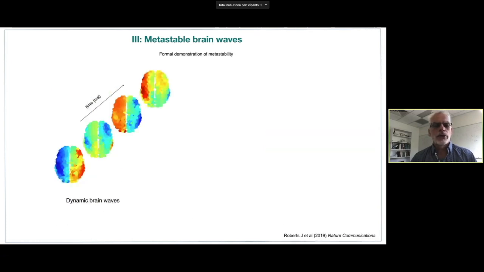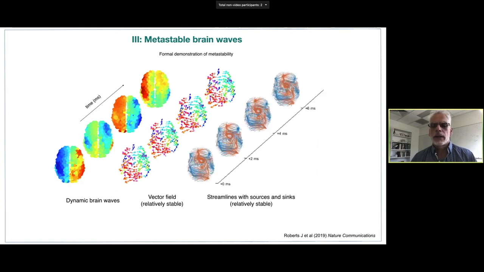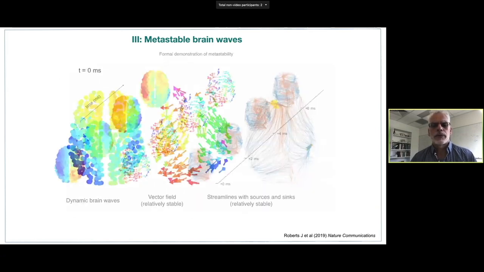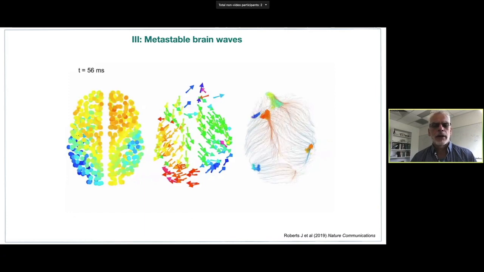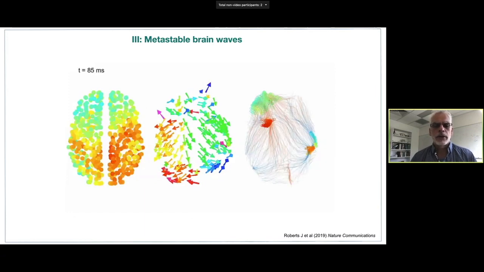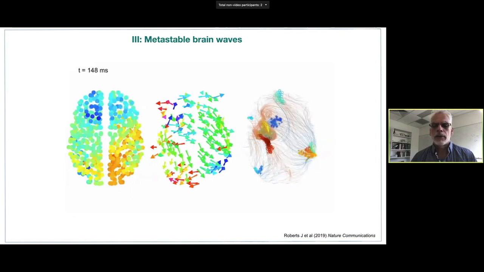We can go beyond just looking at the patterns of the waves. Here are 4 snapshots of our wave states. These define 4 vector fields, which we can link, as I showed you before, with spatio-temporal orbits. So here's a full simulation of our brain model with the waves, the accompanying vector field, and the accompanying orbits